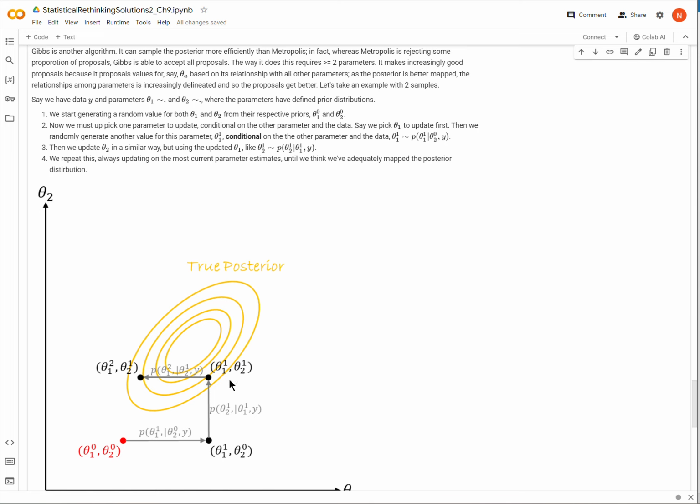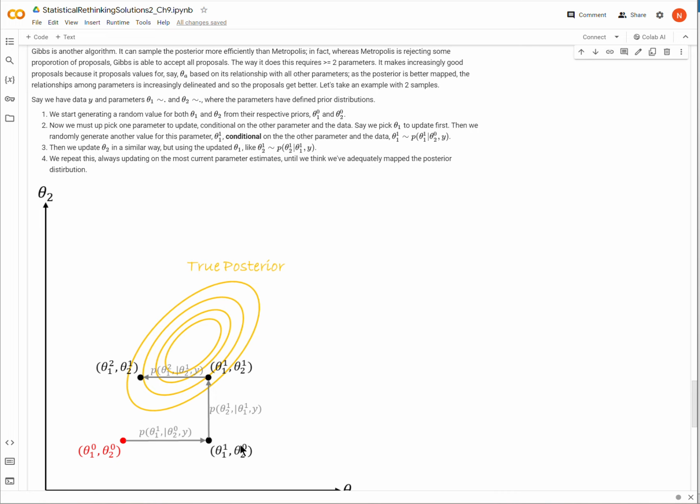In fact, that's why the Gibbs is more efficient, is I'm always accepting the proposal. Right? There's no accept-reject. I'm always accepting. Okay? So now I have a value, or one value, for theta 1, and so now I'm going to